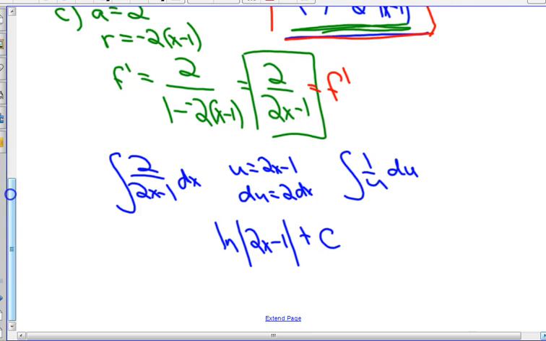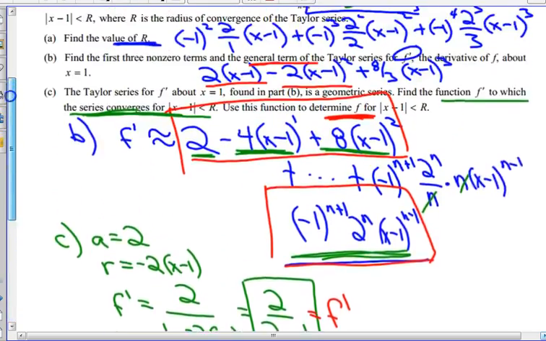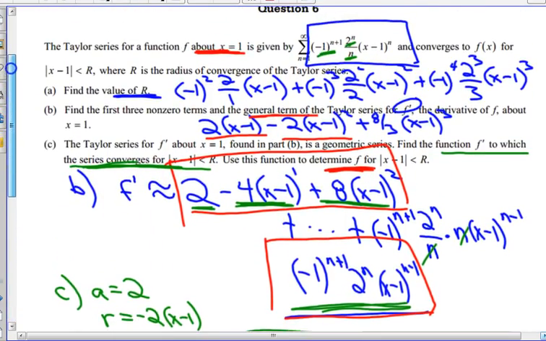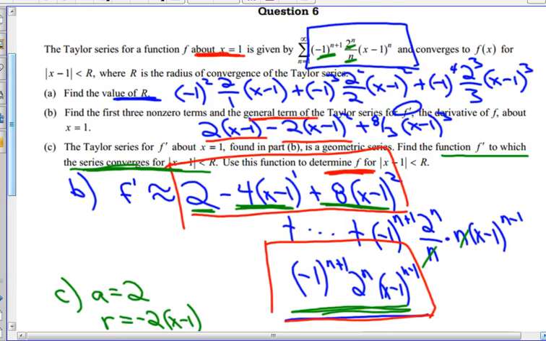Come back to the original part. Did they give us any kind of an initial condition? Come way back up to the beginning, to the original question. Let's erase all this stuff one more time. So did they give us any initial condition? Not really. But if you look a little closer, if x equals 1, and I sub in the 1,